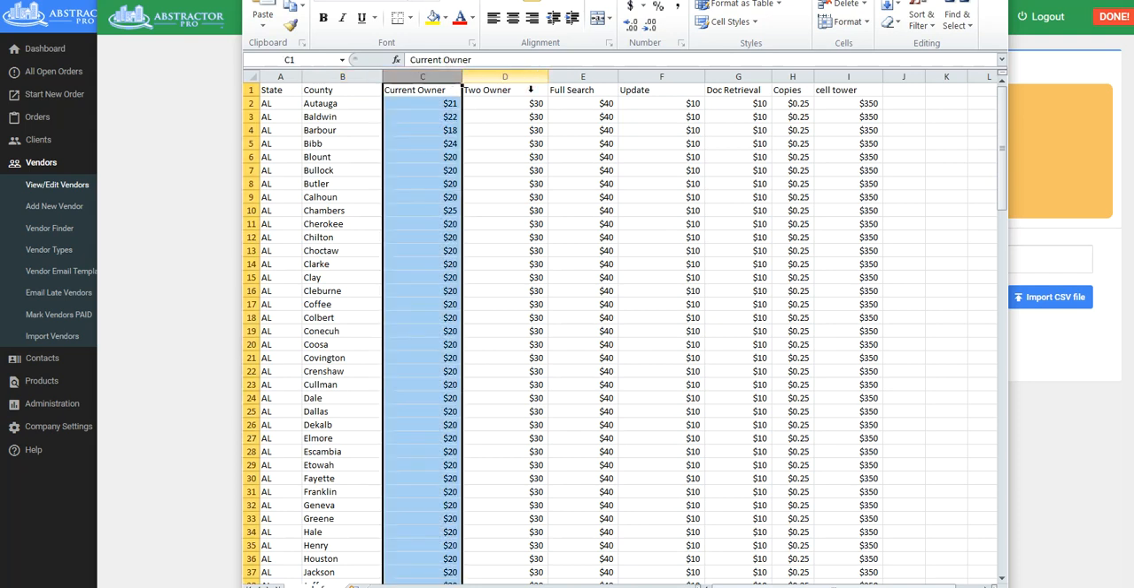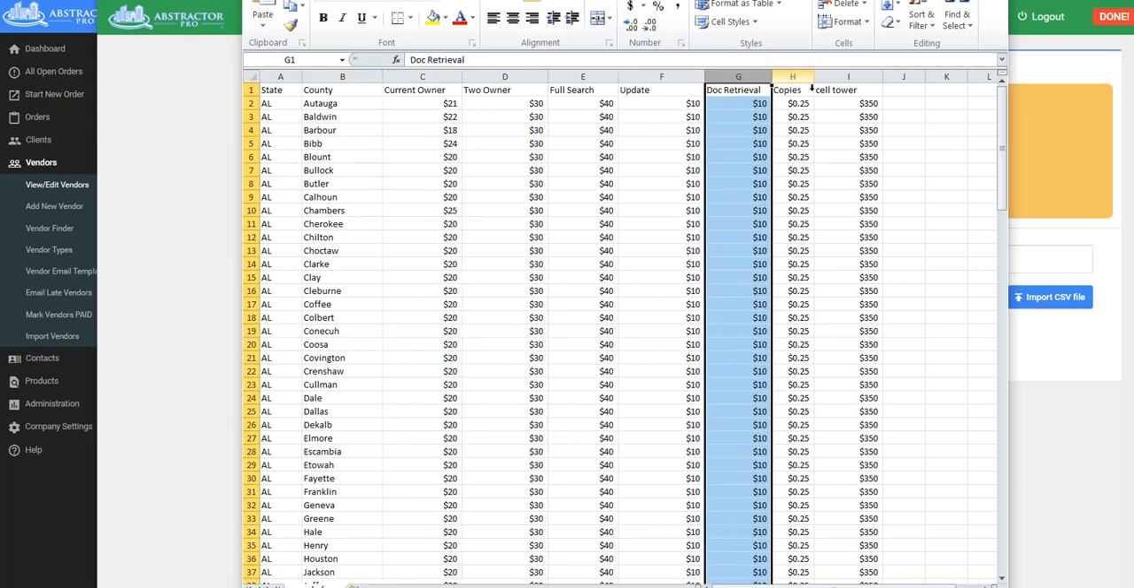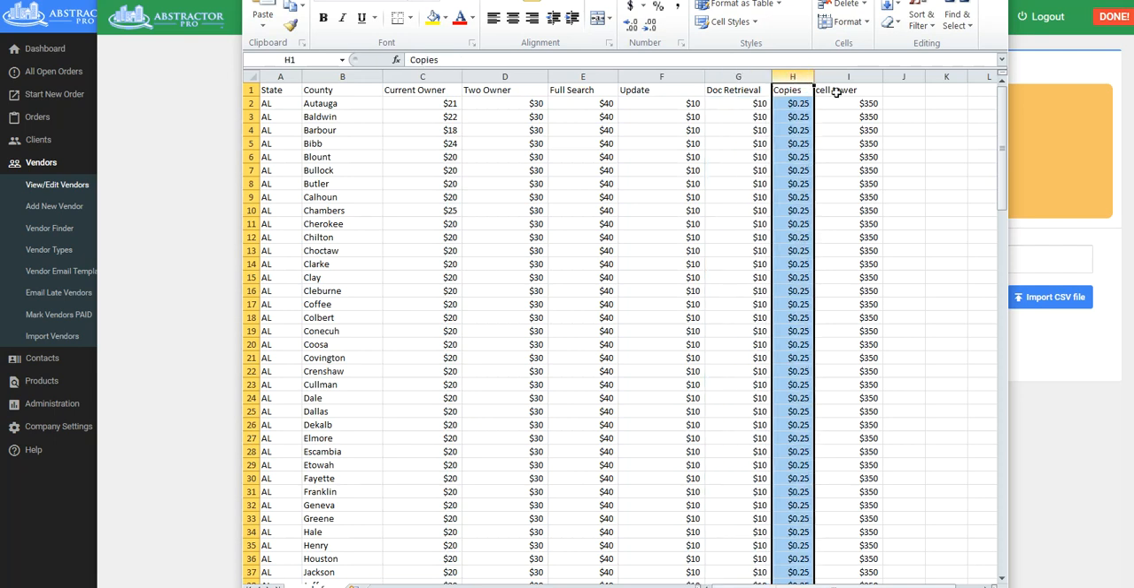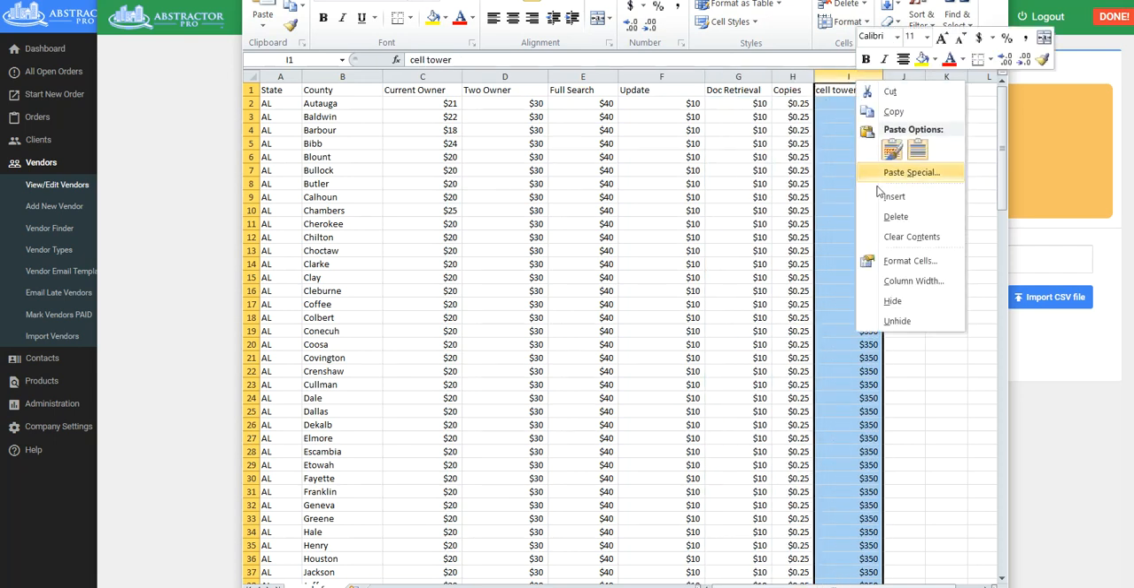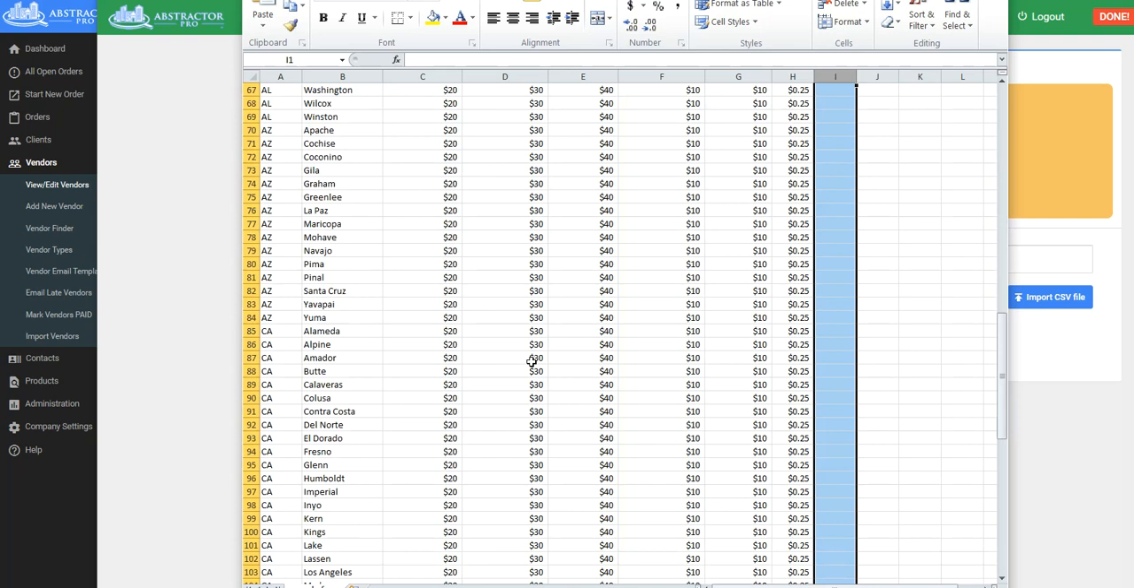So if you do current owners, two owners, full search, update, doc retrieval, and we definitely want you to put your copy fees in. And I'm going to delete this and save that because we just don't need that in here for this purpose. And now once you're done with putting all of your state, county, products, and fees into this spreadsheet, you can